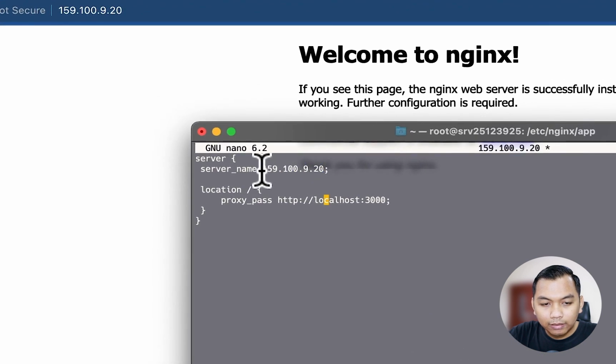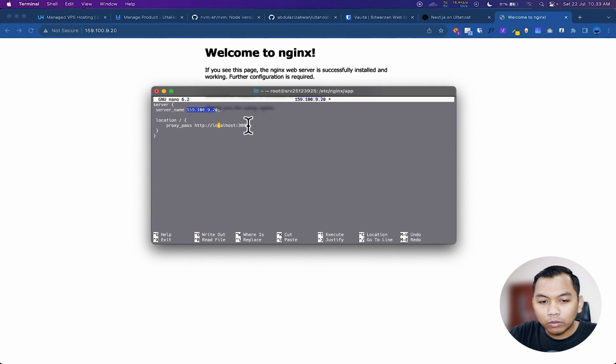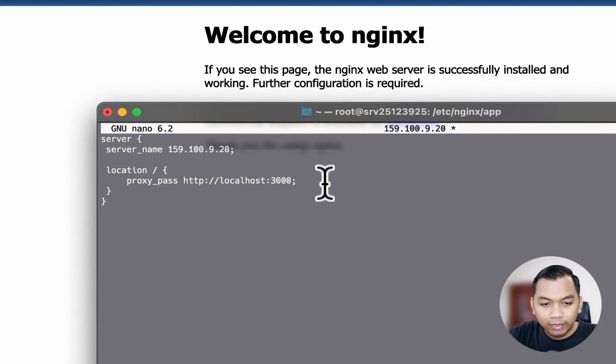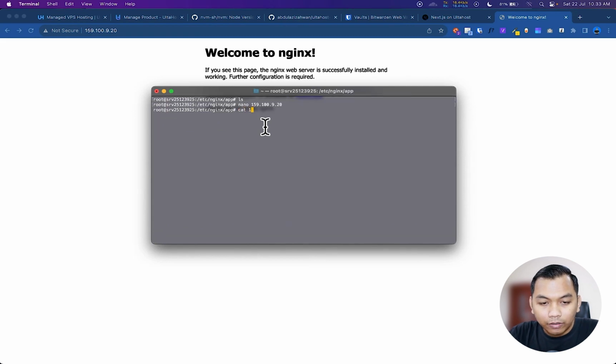So when we access this IP, it will proxy to this localhost 3000. As simple as that. Then press save, and let's check using cat, and we will see server name, proxy pass, and so on. We can check our Nginx configuration using nginx -t, and we will see the Nginx configuration test is successful, syntax is okay.